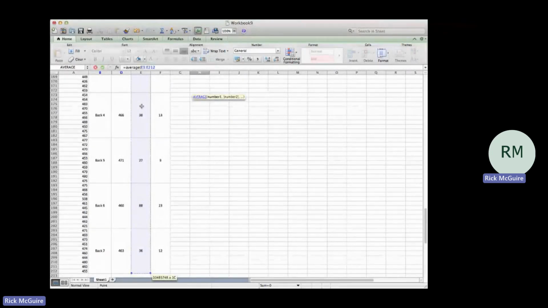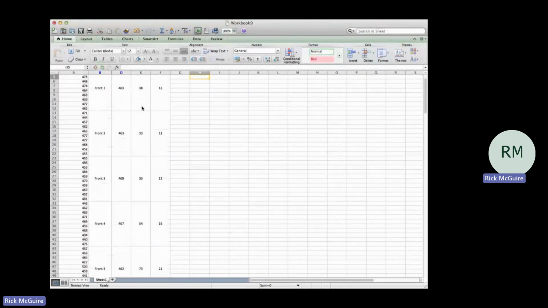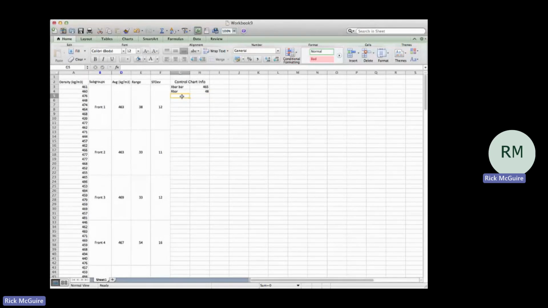And again, I'm doing this in order to calculate and create a control chart. Now my upper control limit and my lower control limit are simply x bar plus or minus R bar times A2. A2, in this case, I have a sample size of 10. My A2 value from my appendix is 0.308. So my upper control limit is 479, or rounded over to 480. My lower control limit is 465